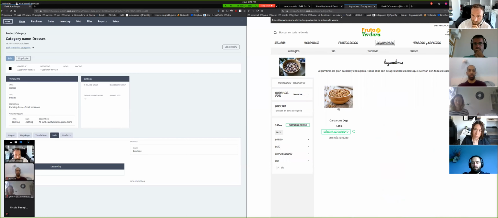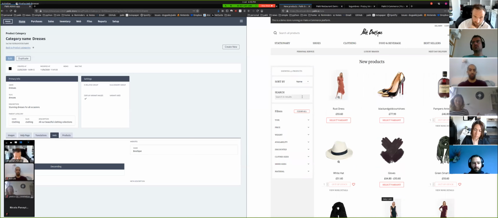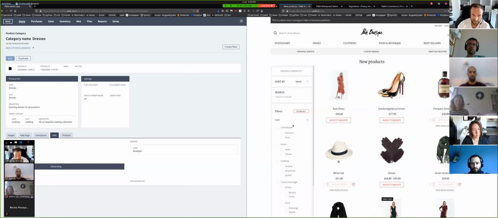And what I showed you here in boutique, you can see the filter bar looks completely different than it did on those other sites. Here we've got discounted, so only show me the products that are on discount. This one you saw on the other site: only show me the ones that are in stock. You've got the weight, you've got price,